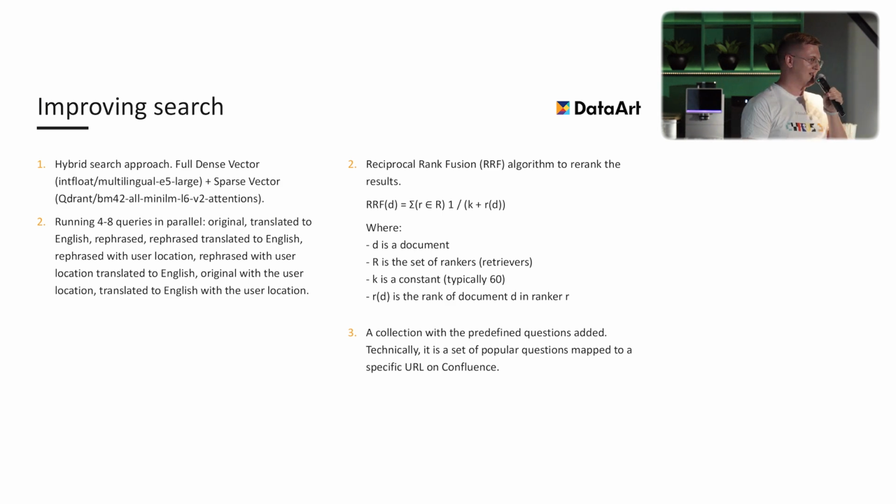The user would not wait this time to rerank all the results, so we use just a simple function to rerank the results, to get rid of the irrelevant ones,